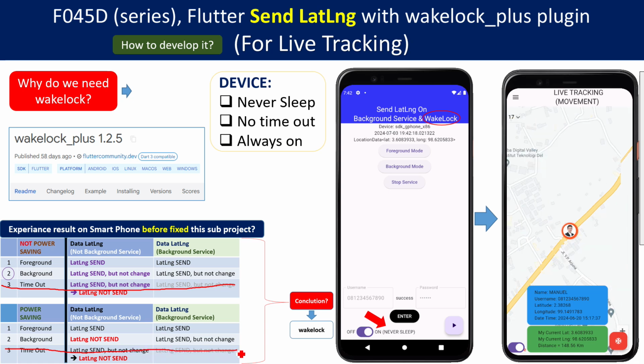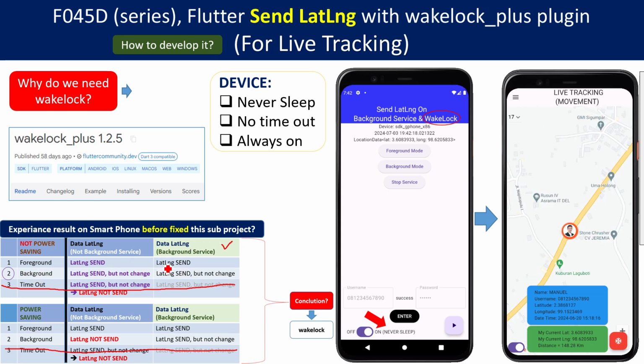Okay, the previous project we have the background service, this one. And then if our device is not in power saving mode, the result is this one.